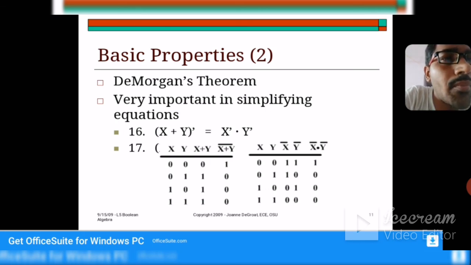Again we are performing an AND operation here. According to the AND operation, if both are 1, then the output is 1, otherwise 0. Here in the first case both are 1, and in all other cases both inputs are not 1, hence they are all 0. When we match the output of the left hand side and the output of the right hand side, both match, hence the statement (x plus y) whole bar is equal to x bar plus y bar is true.